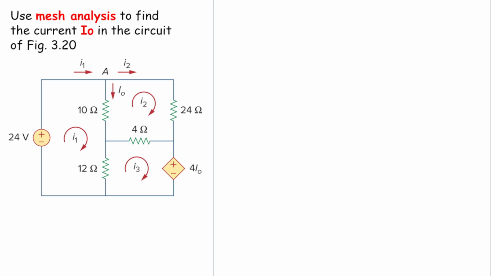Use mesh analysis to find the current I0 in the circuit of figure 3.20. Okay, so we are given this circuit here and we are given three meshes, I1, I2, and I3. So we can do KVL for each mesh, right? Okay, let's exactly do that. Let's do KVL